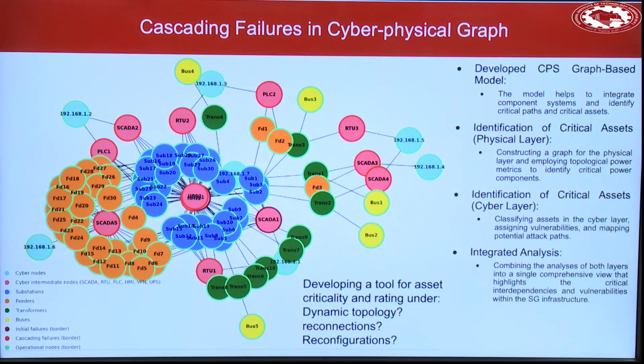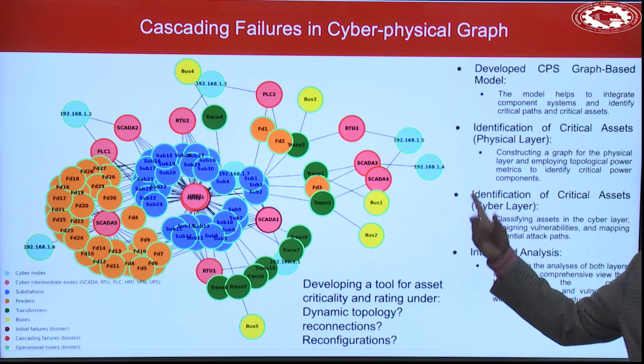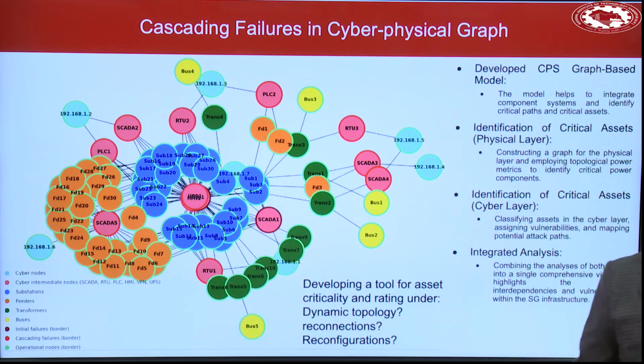Now, one of the important lessons is when we think about how to fix this. Obviously, we look around for security solutions, but more importantly, there could be some problems that you can easily fix by changing the topology, changing the connections. Maybe there's one device having a single connection. If you create multiple connections, then if one path goes down, you still have ways to get the data, for example. So we actually modeled the Ukraine power grid attack.